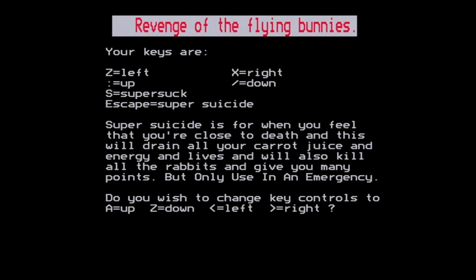default are the BBC Micro standard plus S to execute the super suck and escape to execute a super suicide. It goes on to explain that the suicide is when you feel that you're close to death, and this will drain all your carrot juice, energy and lives, but will also kill all the rabbits and give you many points. The implication there is that that'll end the game completely, so as it says you should only use it in